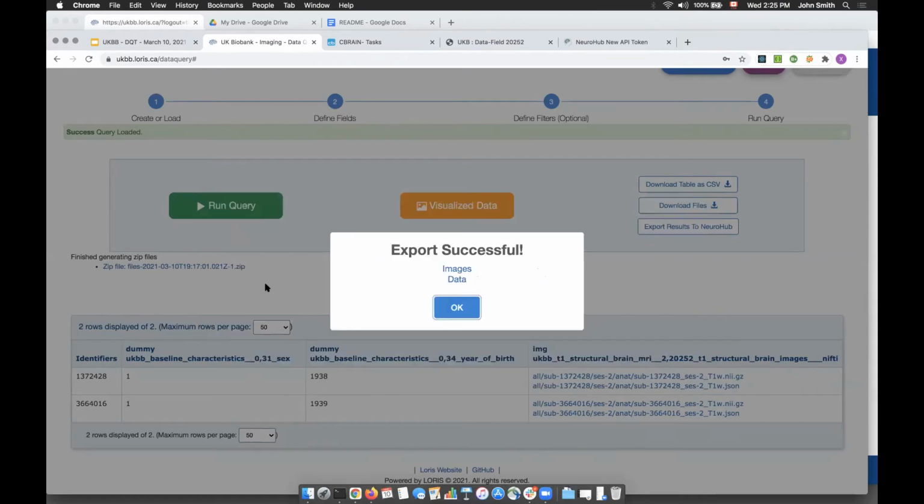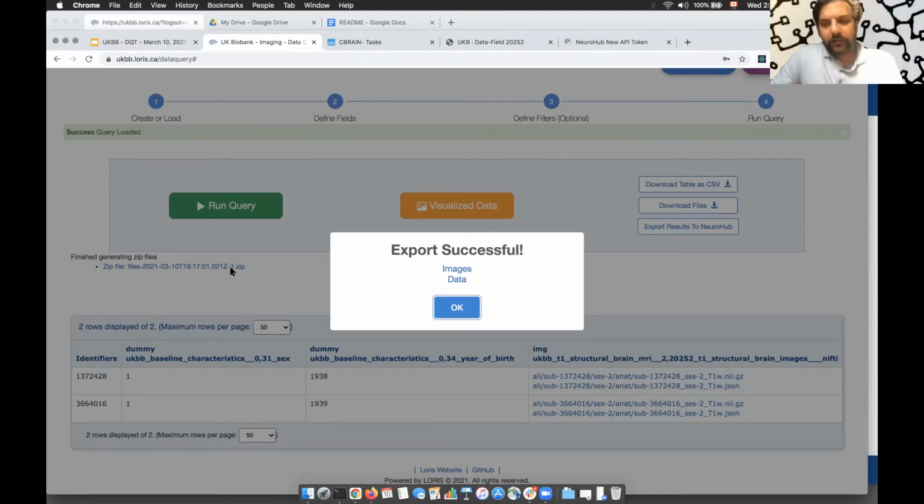There are two things going on there. First, Loris will wrap all the tables in a CSV file and send it to CBrain so it can be saved in your user project. And the second one is extracting the base names that are known by both Loris and CBrain or NeuroHub to create the CBrain file list.